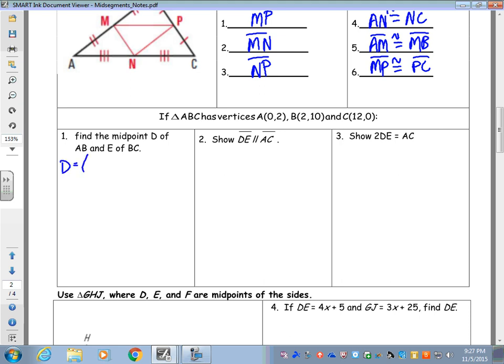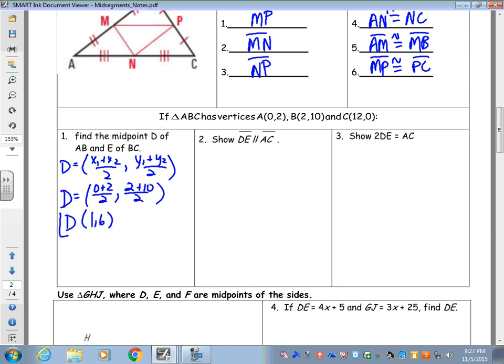So D can be found by doing x1 plus x2 divided by 2, y1 plus y2 divided by 2. Go ahead and try to do the midpoint of AB. So we're using the coordinates A and B to find the midpoint D. I'm hoping you say 0 plus 2 divided by 2, 2 plus 10 divided by 2,